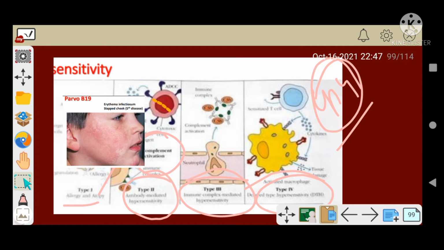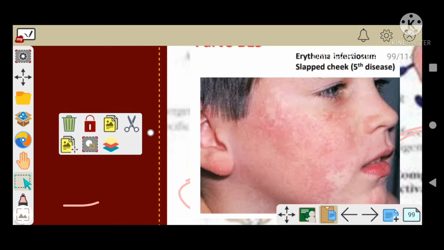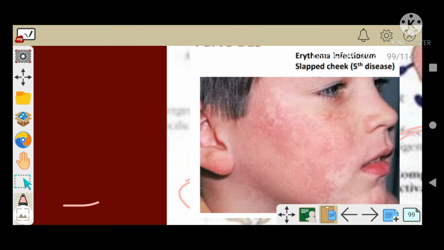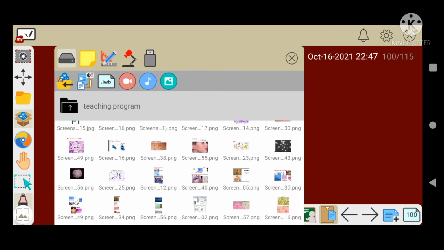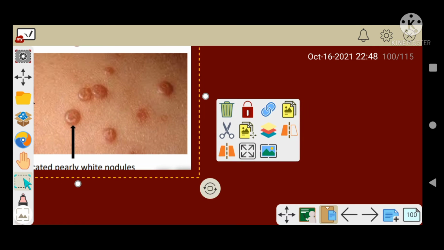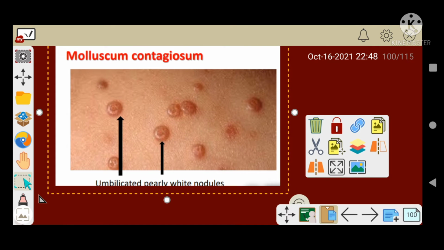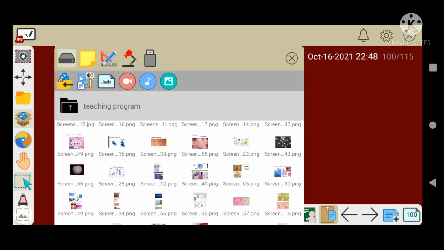What is this? Okay, so this is your erythema infectiosum or slapped cheek appearance. Now slapped cheek appearance is mainly caused by an important organism. Remember the organism parvovirus, also known as fifth disease, has been asked. Parvovirus, right? Now this one, as you can see, is your Molluscum contagiosum. These are umbilicated pearly white nodules. Molluscum contagiosum. This microscopic image is important, and I will show you later, because the microscopic image has come